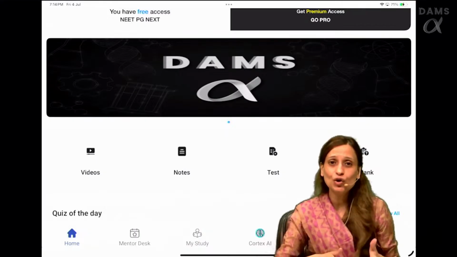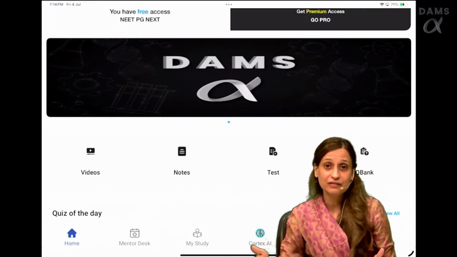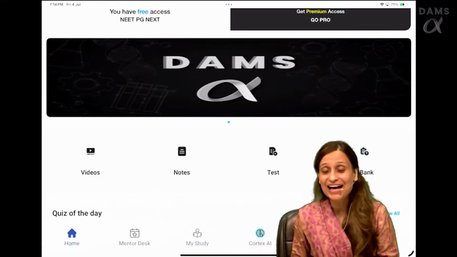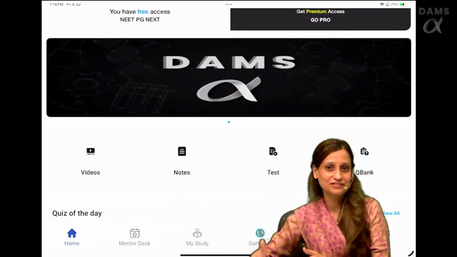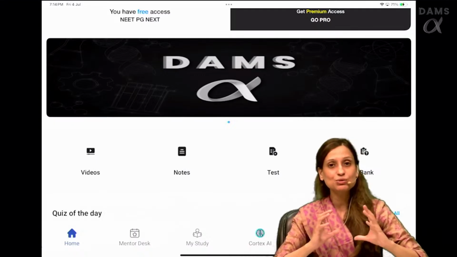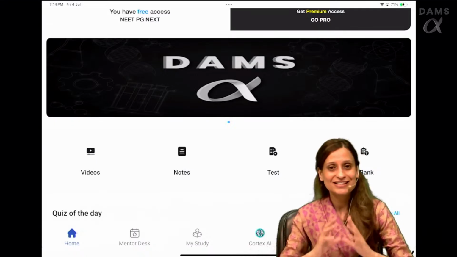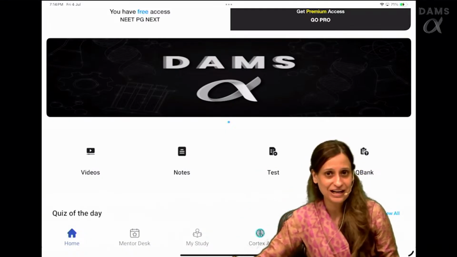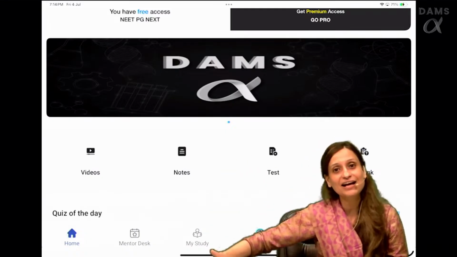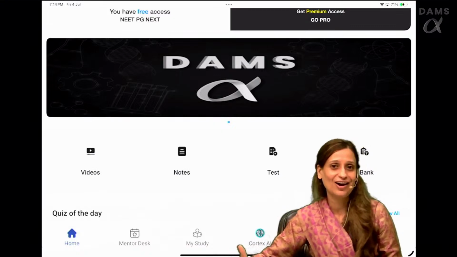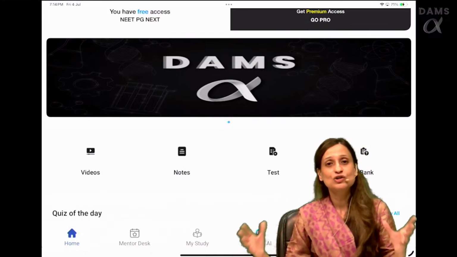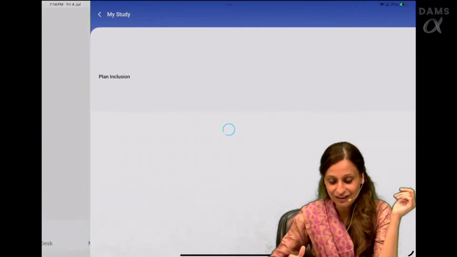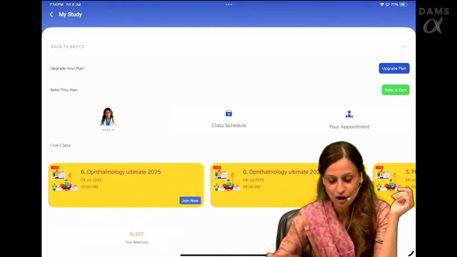Yes, so you will be able to do multiple revisions in a different format of the same resource, as well as practice lots and lots of tests. The idea is, first we work on the content, side by side develop the MCQ skill, give a lot of tests, and then revise, especially whatever we are doing wrong. Right? So Back to Basics is actually all inclusive. It has everything as a part of the inclusion.